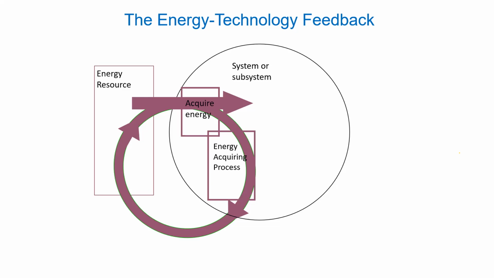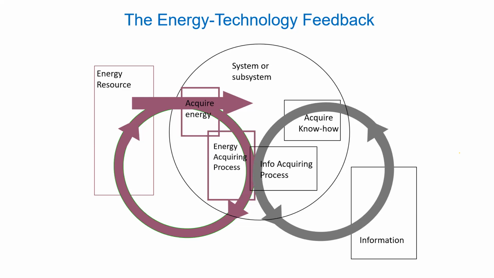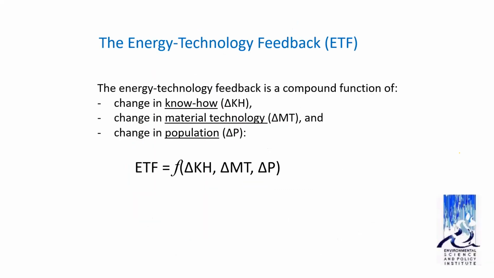Importantly, now we can think about know-how, which is information essentially, or knowledge, and we're putting energy into knowledge about how to acquire information and how to learn. And so you get a positive feedback, and both of these are independent feedbacks in a sense. As we learn to learn better, and as we learn how to acquire energy, those things spin together. We have more energy to learn more, and we have more knowledge so that we can acquire more energy. So those are important feedbacks that multiply each other.